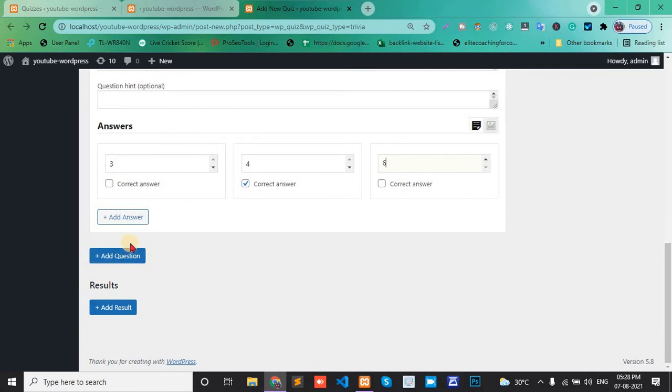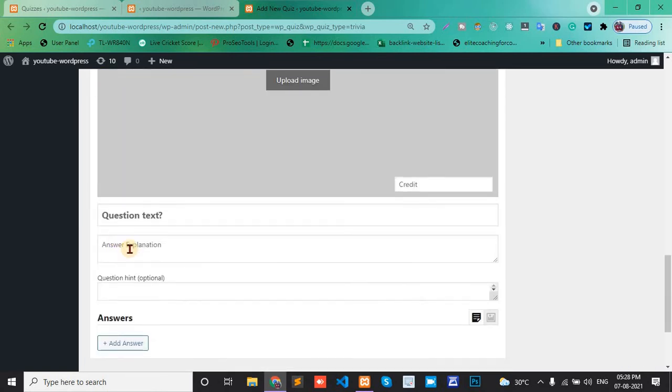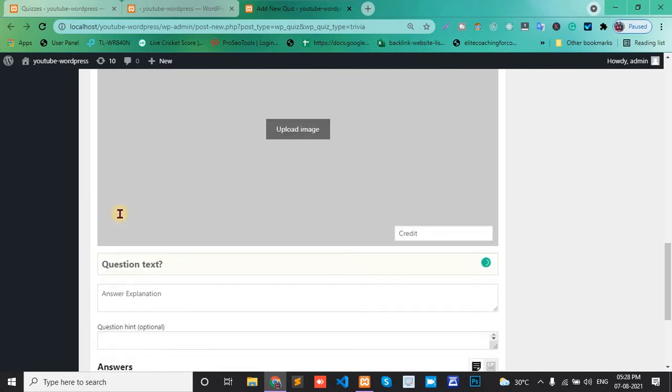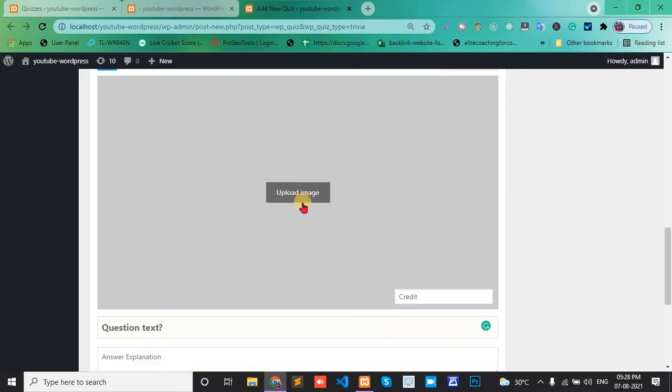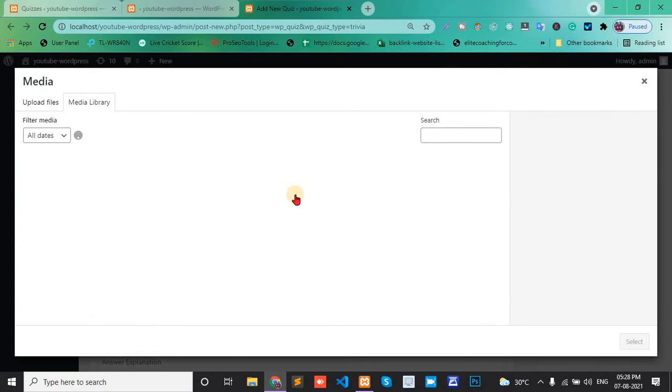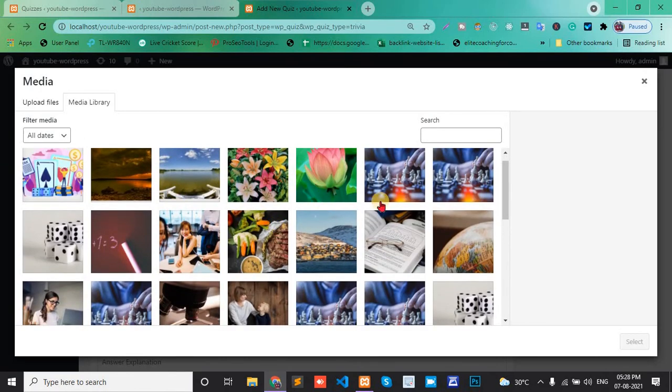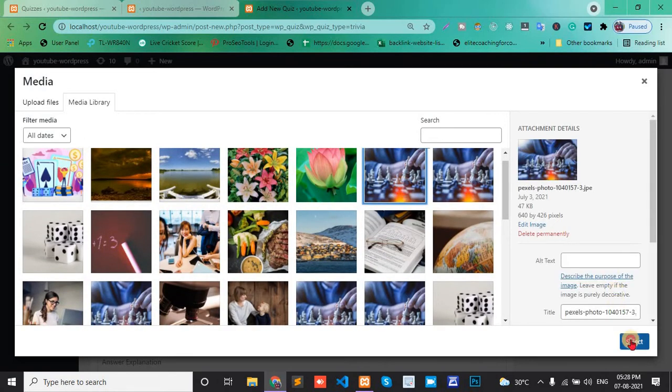Next, add question. You can create multiple questions on a page. Add question. Question text. Upload image, select this one.